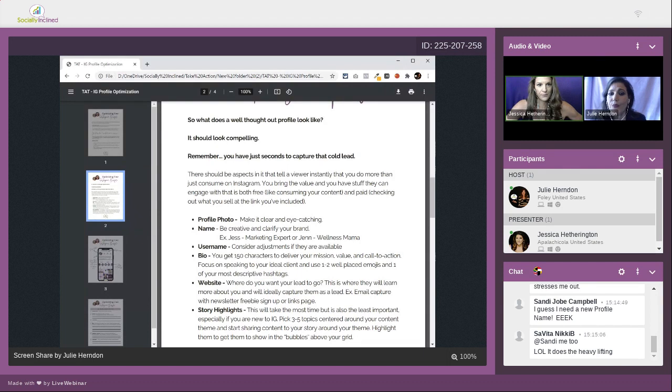For sure. If you were with us, we've done one of these on Facebook, and this is going to be similar but a little different. The first thing, again, is the profile photo, and it is very similar to that. You want to get a great headshot of yourself.